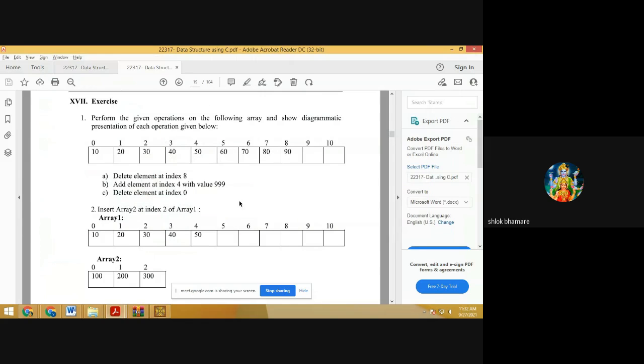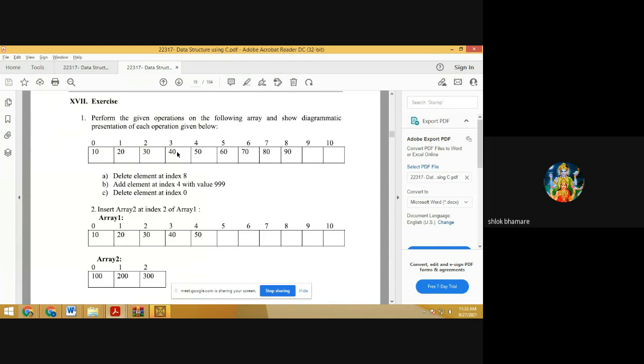Now, while inserting a number in array, we have to shift the numbers to RHS and make one position vacant at POS. The position where we want to insert the new number, we have to make that position vacant by shifting the array elements to RHS. This was the concept for inserting a new number in array. Now for deleting the number from array, we have to overwrite the number which we want to delete.